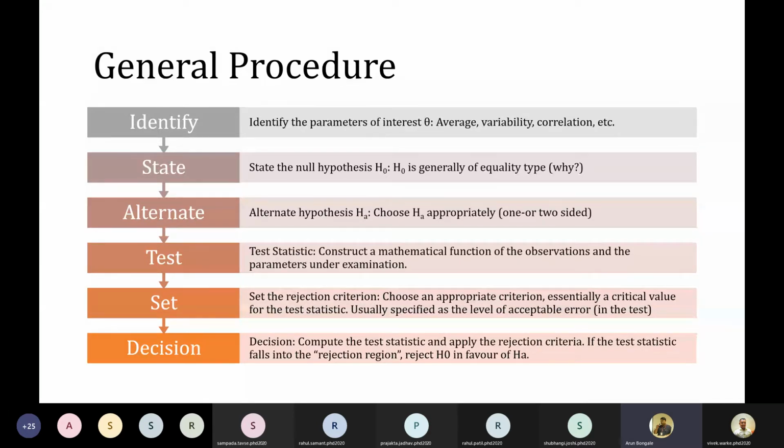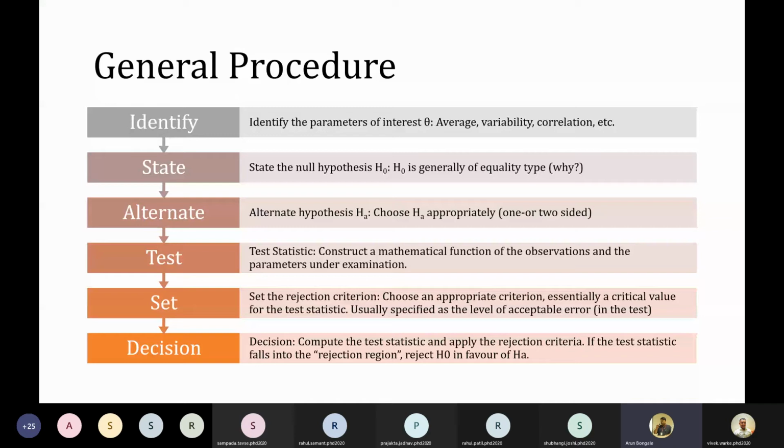Once you have defined the null hypothesis with the equality sign, think about the alternate hypothesis, which should be complementary to the null hypothesis. It will vary case to case, depending on who is carrying out the analysis, what the requirement is, and what the criticality of the statement is. So many variables will come. You need to think logically and frame the alternate hypothesis such that it complements the null hypothesis and is not in line with it.